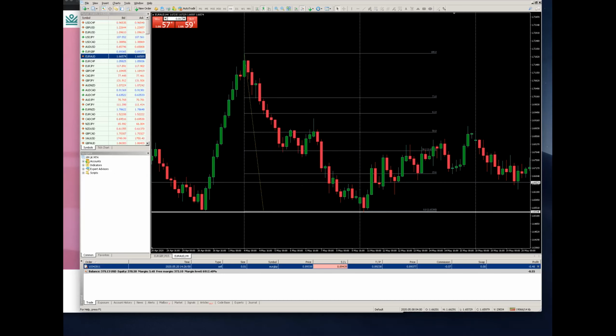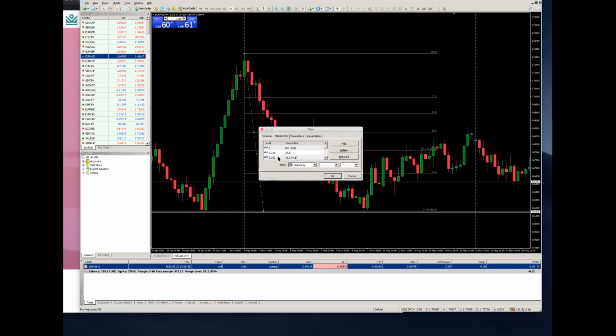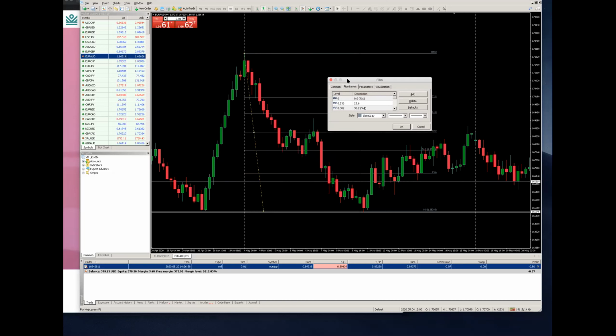Okay, so we can customize these. So I'm going to double click. Now this is a tricky part. You want to double click on this yellow line to activate the edit mode. And then now I right click on it and I select Fibonacci properties. So here is where you have